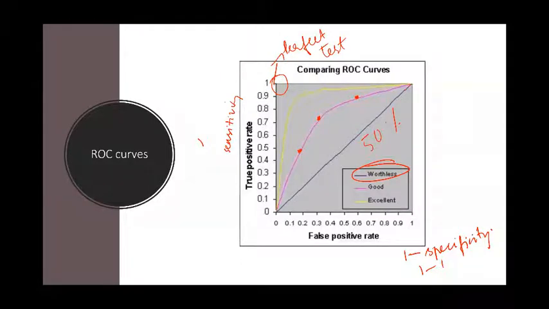Now if there is another test, this would cover an area of maybe 60%, which is a good test. This would cover an area of 80%, so this is a better test. For various diagnostic tests, like if there is hypothyroidism and I want to use different diagnostic tests, in one I use T4, in one I use only TSH. All of these will have a different ROC curve, and whichever occupies the most area is known to be a better test. So that's how ROC curves are interpreted.